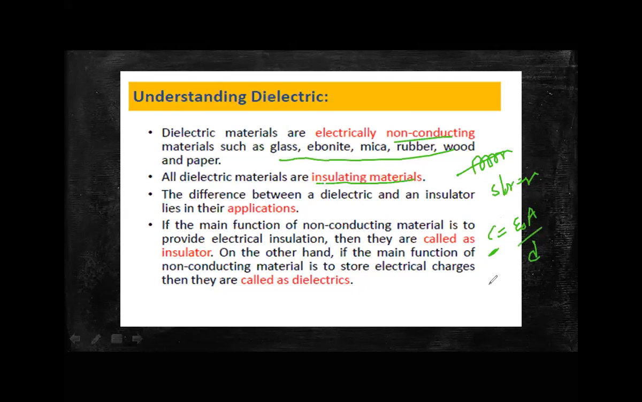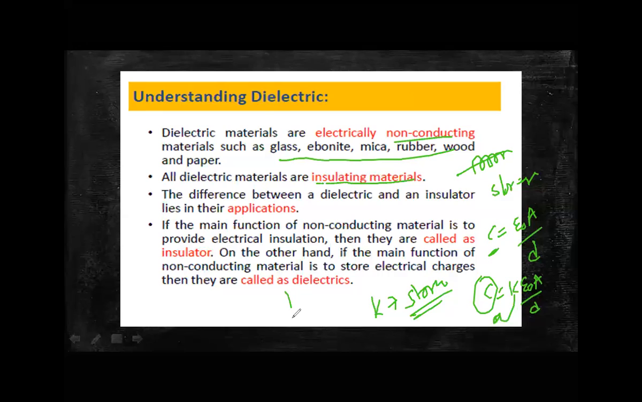So when I apply the dielectric material, it becomes K epsilon A by D, which means K times increasing capacity, which means K times increasing the storage of charge. So charge increased by K times. So when you place the dielectric material between the plates, suppose when you keep the dielectric material between the plates,